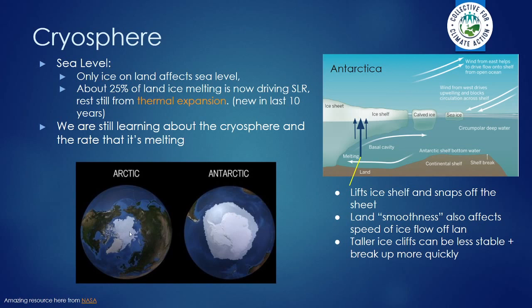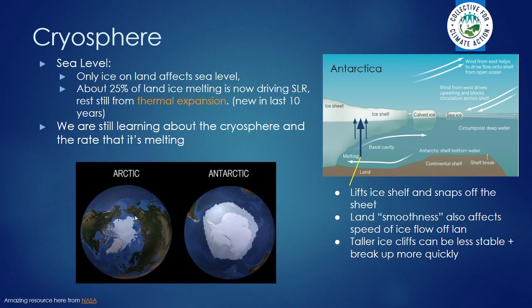So the ice that we've lost in the Arctic, that's not really a problem in terms of sea level rise. That's a problem for albedo that we talked about earlier. So as this ice disappears in the ocean, we're left with dark ocean that will absorb a lot more light than the ice would have done on the top of it.